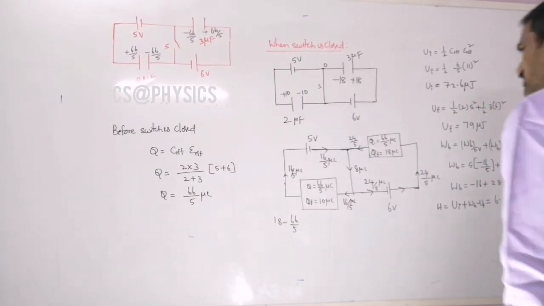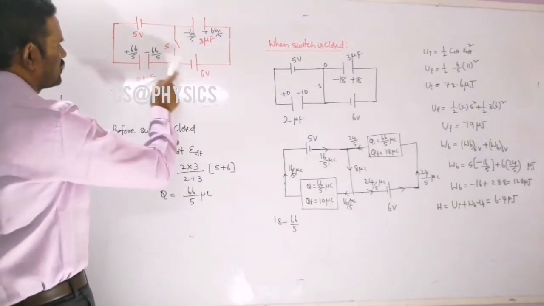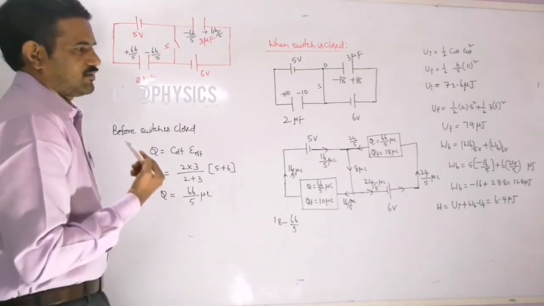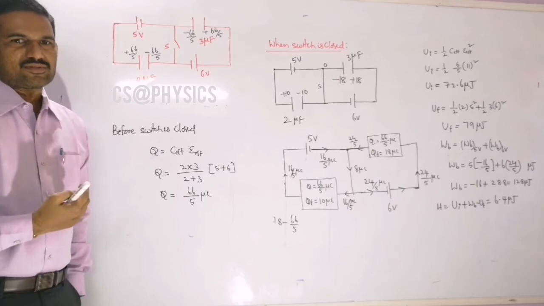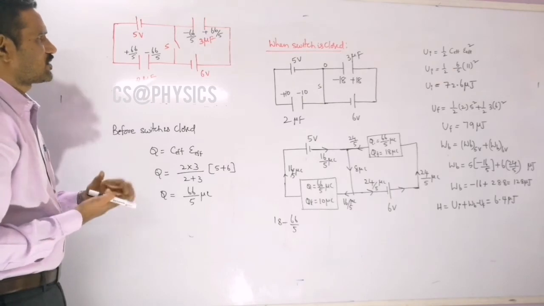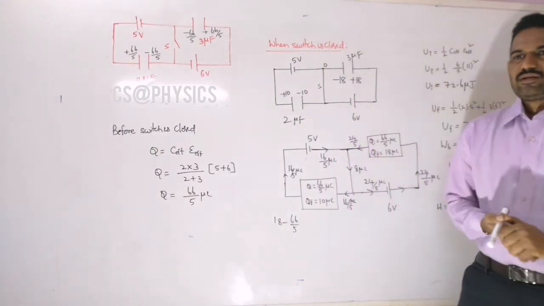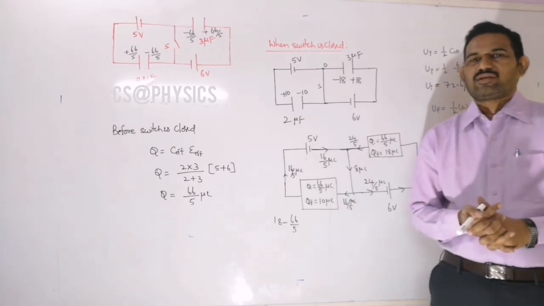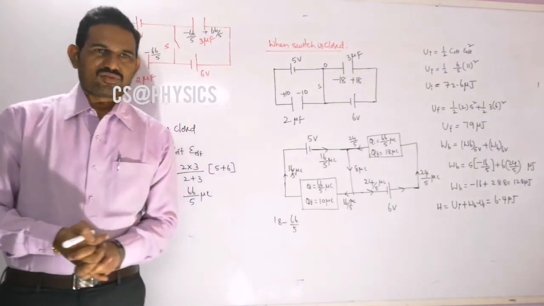So next series question here. Now two batteries are there and two capacitors are there here. These two batteries and two capacitors are connected like this. And now here the switch is here. Now they are asking for the charge flowing through the switch once the switch is closed, and the amount of heat produced in that circuit. So let us see here. Initially I am calculating this. So note down that question there. The circuit shown in the figure, find the charge flowing through the switch and the heat produced in the circuit when the switch is closed.